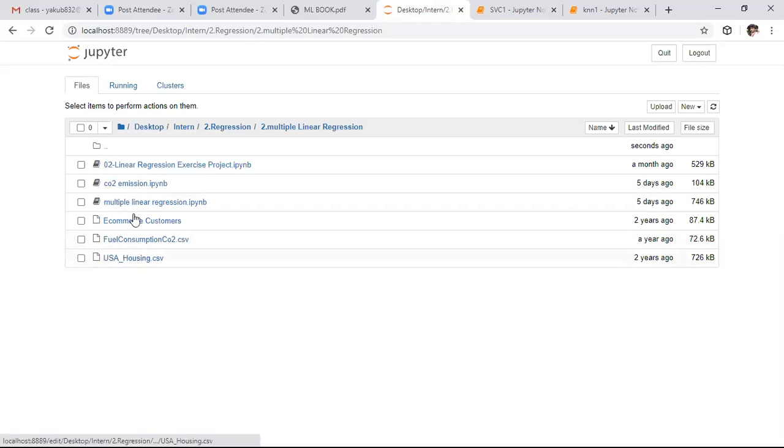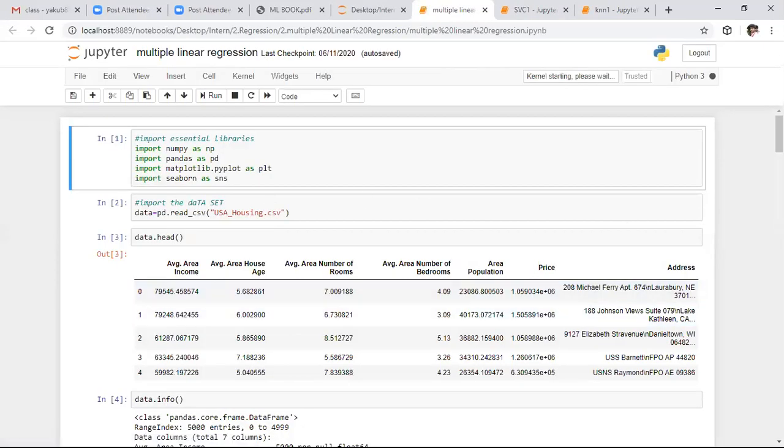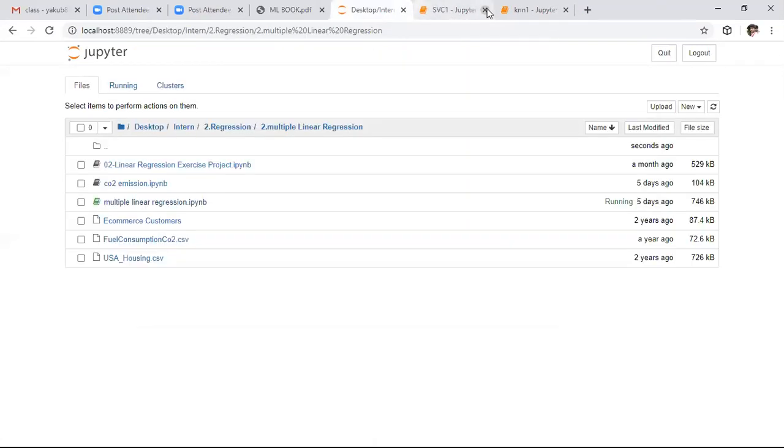Fuel consumption we did not work with. CO2 emission we did not work. I think it is the project which we worked on. We worked on the USA house pricing data set, right? On the same data set, if you want to work with SVR, you can work with the support vector regressor also.